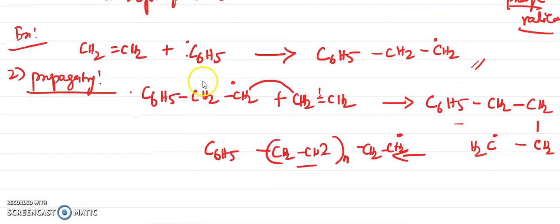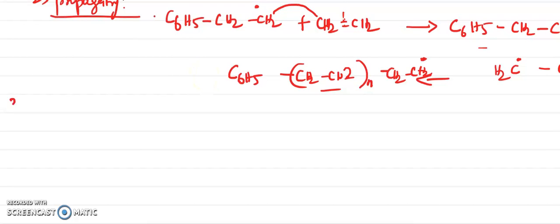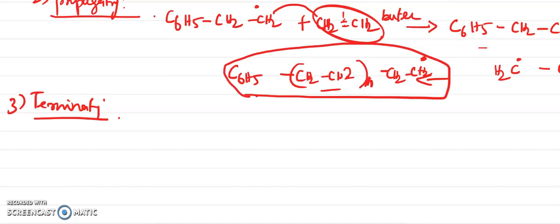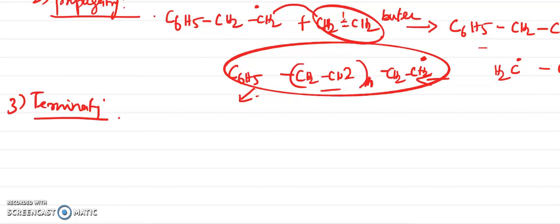So what is the next step? It is a terminating step, correct? So the third one is the terminating step. As per the terminating step, we know that termination involves a long chain. For the long chain only, I have indicated with the n, like n number of CH2 CH2 you can add, whether it's a butene or ethene. If you use butene instead of ethene, you can write like this: C6H5 CH2 bond CH2, n number you can add, and also CH2 there is a free radical. So this kind of product you will get. You just take this compound only for the terminating step, got it?